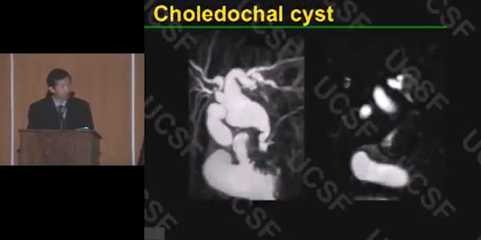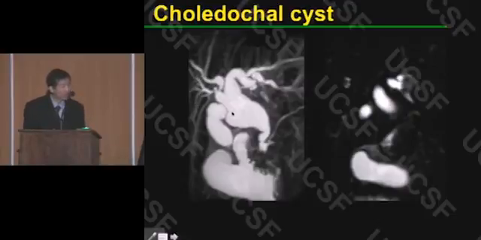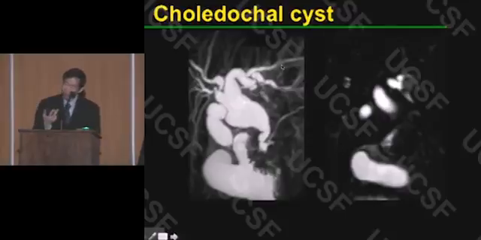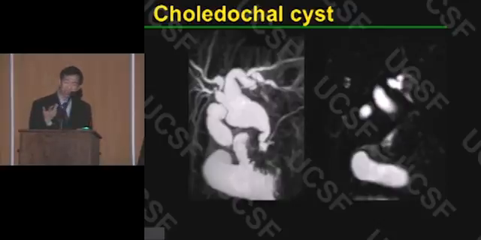Here's another large duct disease. There's a very large duct here, common bile duct and common hepatic duct, but the intrahepatic ducts really aren't that big. So when we see a saccular or fusiform or other enlargement of the common bile duct, but the upstream ducts are not particularly big, we think about choledochal cysts. And choledochal cysts come in many types and forms by the Todani classification, but I tend not to get too much into detail